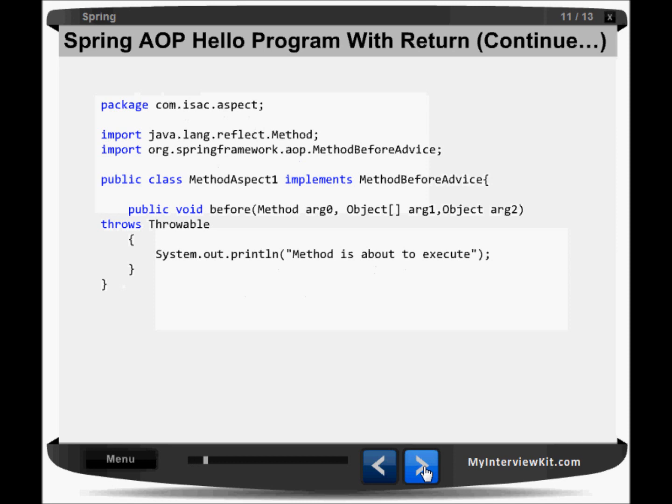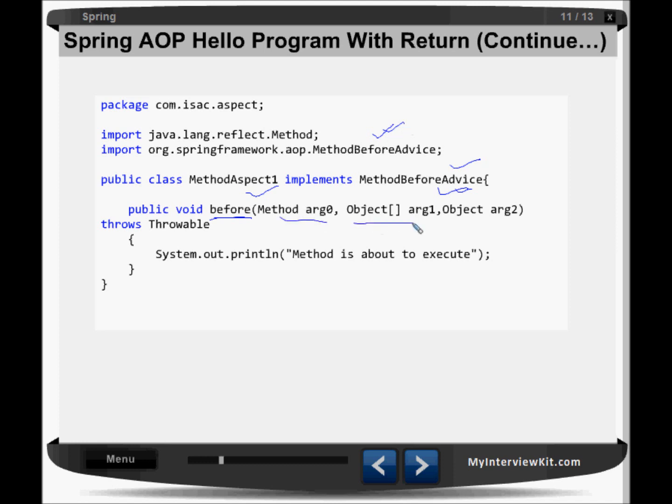So let us have a look at the third file. In the third file, again we have the same, no changes here. I just made the changes in the sayHello method only, right? So we are creating again one aspect, which is a method before advice type, and the method is before, which we are overriding here. This is one interface which is in this package which we need to import and implement here.